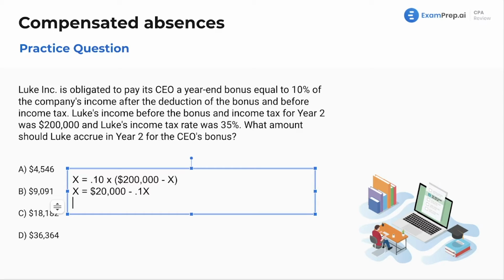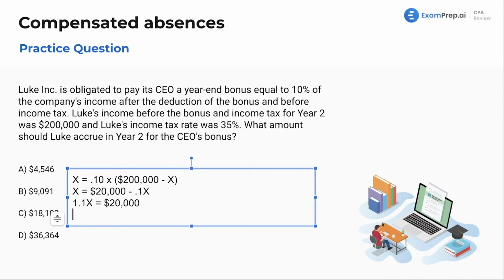Well, we can bring x to the other side, so add 0.1x to both sides. That means we get 1.1x equals $20,000. And yeah, it is surprising how much algebra is on this exam. It's kind of wild. Now, if we do a little math here, divide both sides by 1.1, $20,000 divided by 1.1 gives us our final answer of x equals